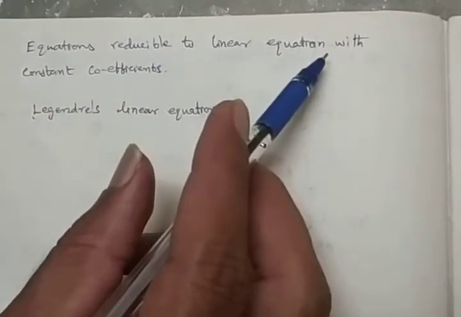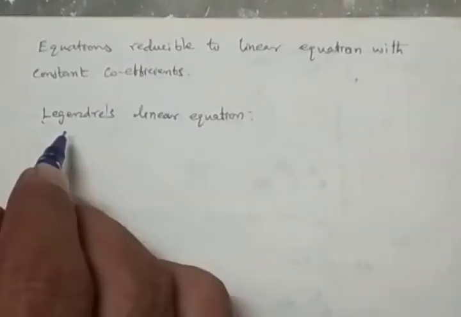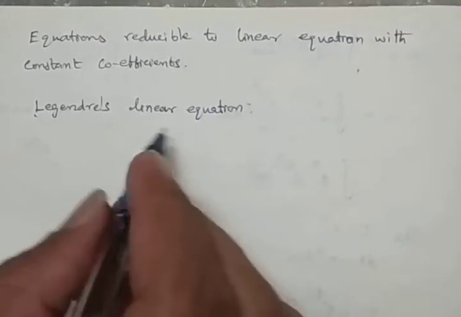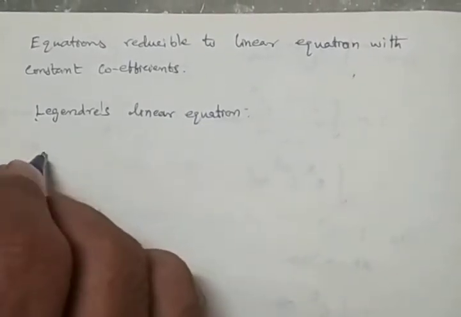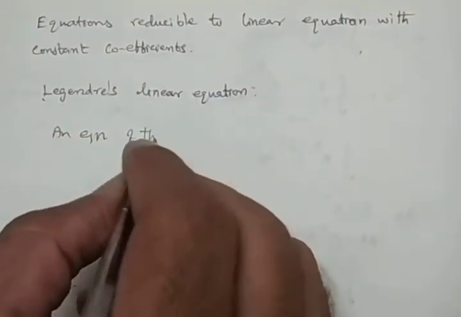Equations reducible to linear equation with constant coefficients. Here we are going to discuss two types. One is Legendre's linear equation, another one is Cauchy's. So here, an equation of the form